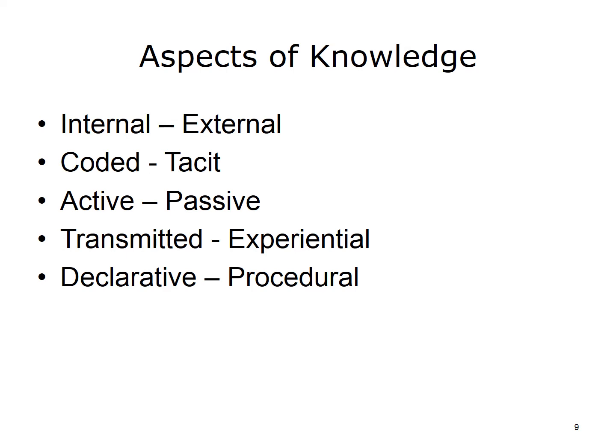Probably the most widely used dimension is declarative versus procedural knowledge. Declarative knowledge is the knowledge of facts, that is, properties of things and concepts, and the relationships between them. Procedural knowledge, on the other hand, is the knowledge of how to do something. A standard operating procedure is an example of coded procedural knowledge. A recipe has aspects of both declarative and procedural knowledge. The ingredients list is declarative knowledge, whereas the statements about the sequence of mixing and procedure for cooking are procedural knowledge.